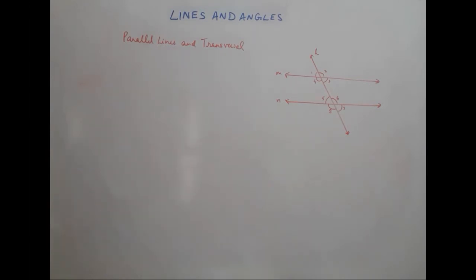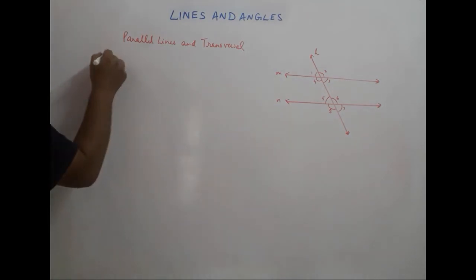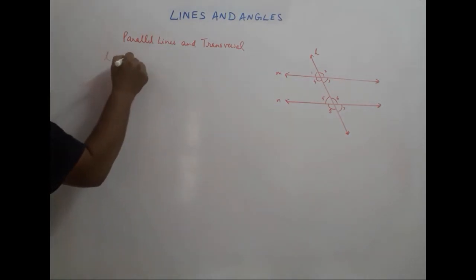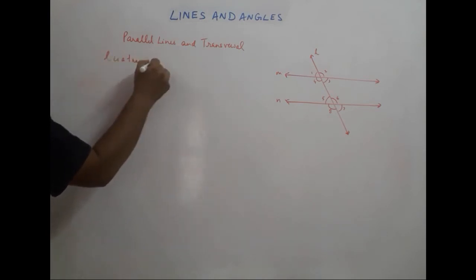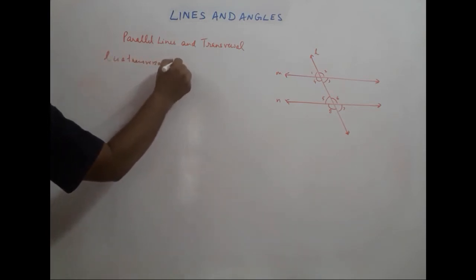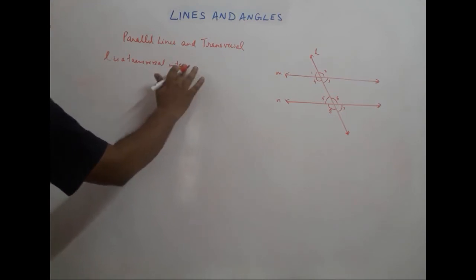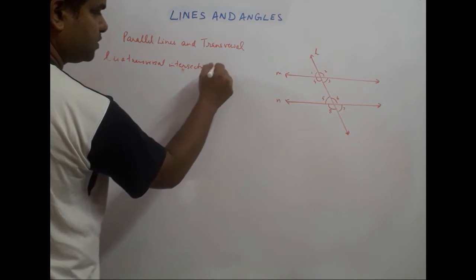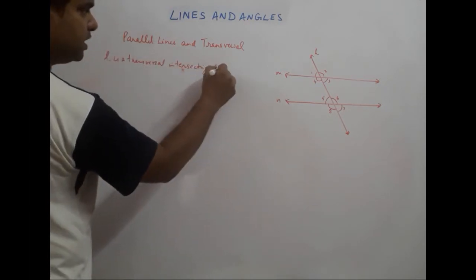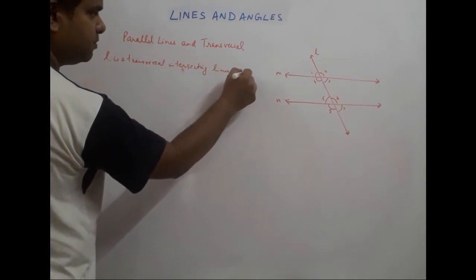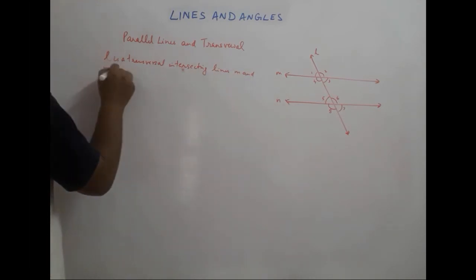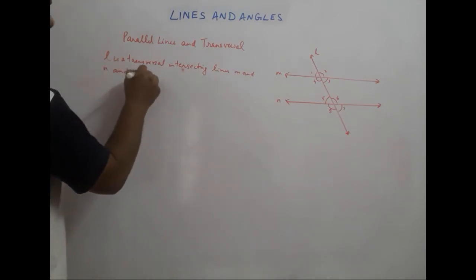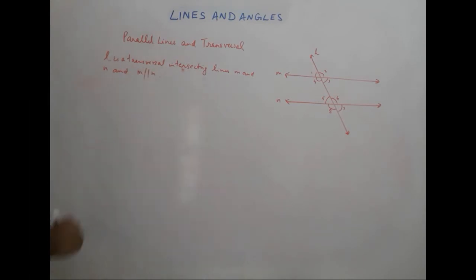So we mark this, that L is a transversal intersecting lines M and N,